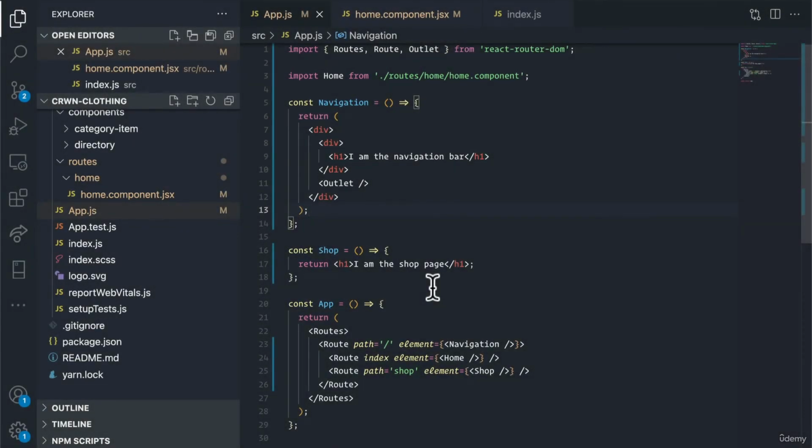Welcome back, everyone. In the last video, we learned about nesting components inside of the routing structure, and we're starting to set up our initial navigation bar component. In this video, we are going to dive deeper into actually styling it out and structuring our code according to our folder structure. So the first thing that I want you to do is